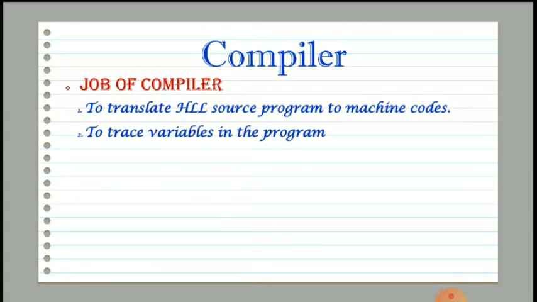Second one, compiler is used to trace variables in the program. So variables are basically used to store the information. That information can be numbers, alphabets, words, etc. So to check this information stored in variables in proper format, compiler is used.